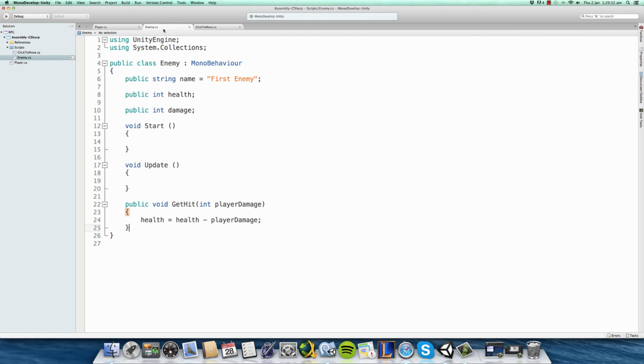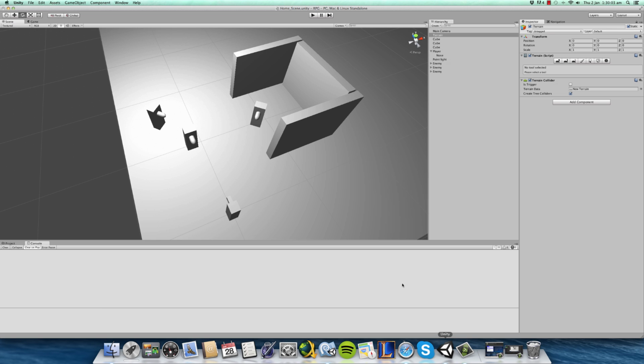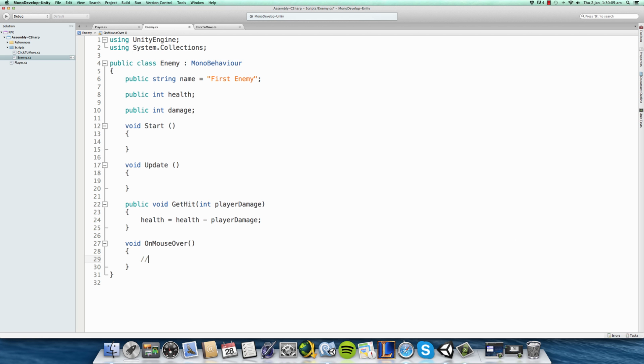So what we can do is we can go to our enemy script, and we can say void OnMouseOver. And what happens is, whenever we hover our mouse on any of these enemies, the code inside this